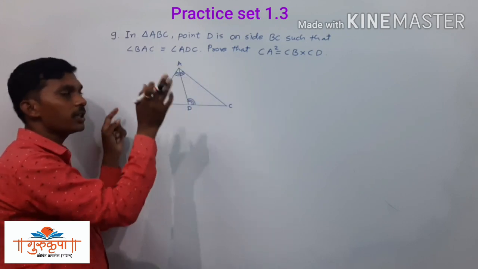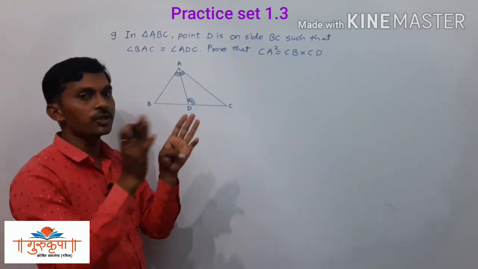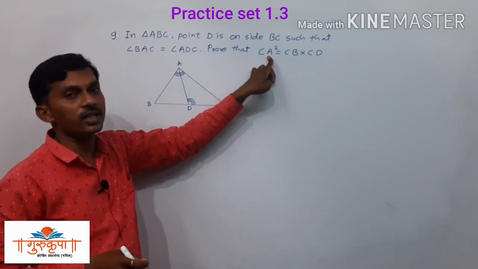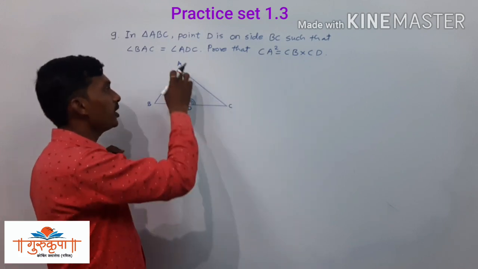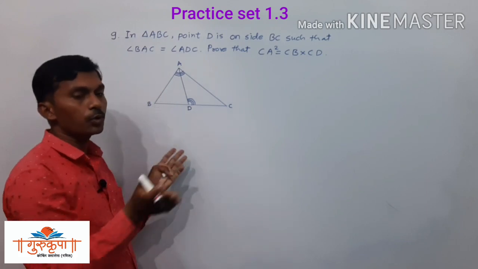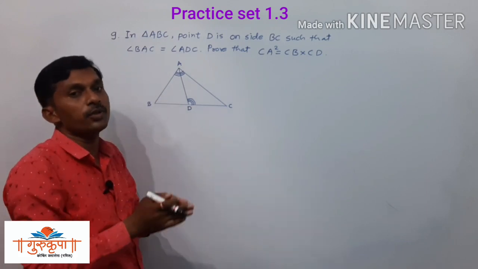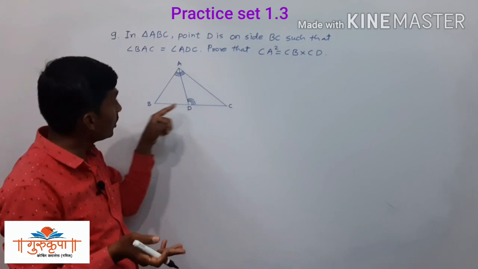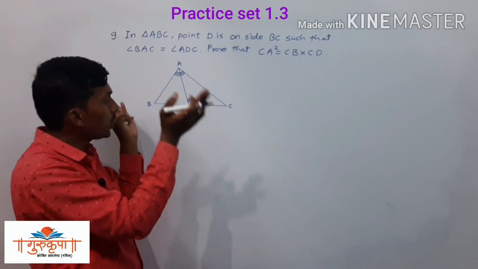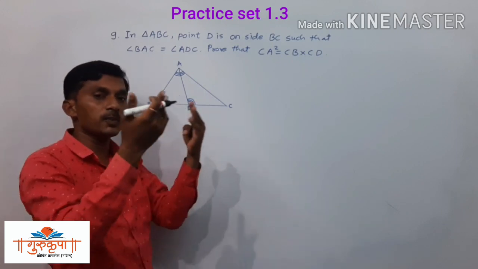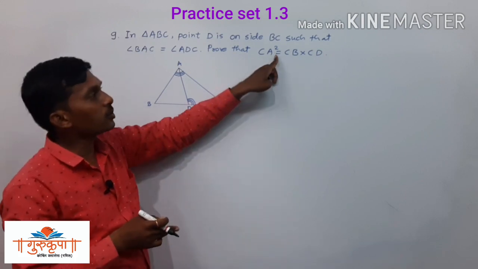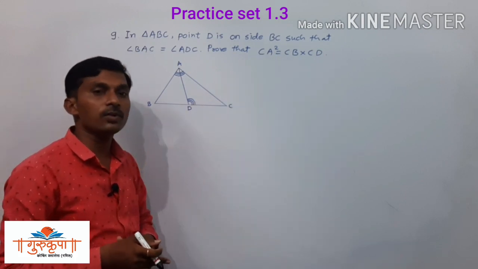So we have to determine these 2 triangles having the side CA. So we determine the triangle CAB and then CAD, and we have to show that those 2 triangles are similar to each other. Which 2 triangles? CAB and CAD. Once we show that those 2 triangles are similar to each other, put their corresponding sides in proportion, take two ratios and take cross product, you will get CA square is equal to CB into CD.